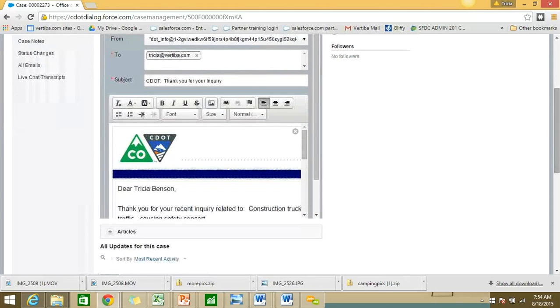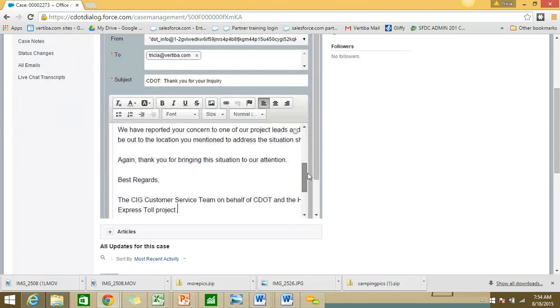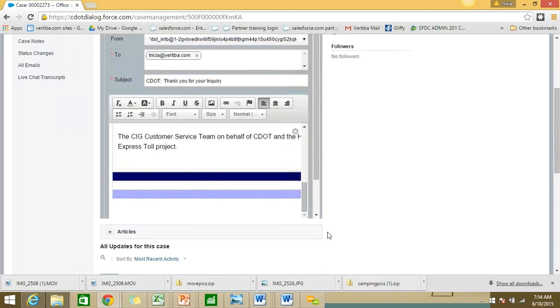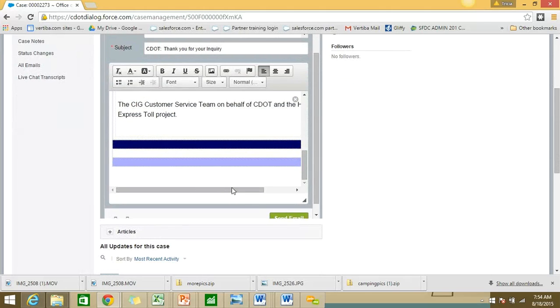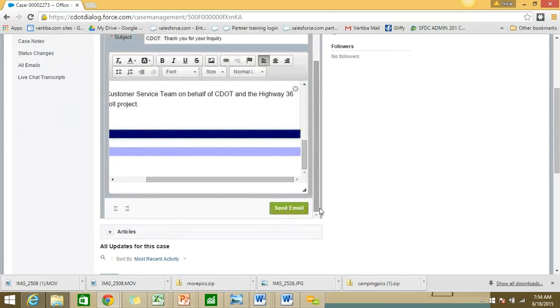And once you get done with this, you can use these scroll bars, just so you know, if you want to scroll all the way over to see the whole thing, give it a quick read before you're done. I can scroll over here as well so you can see how it all looks. And then you can choose send email. So once you've done that,